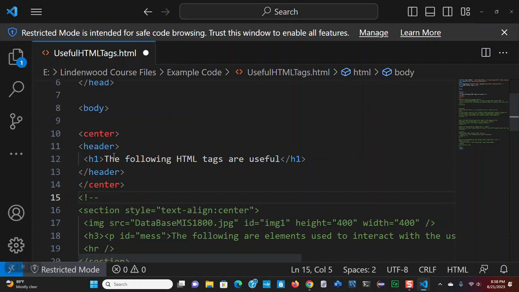Okay. This header is simply: the following HTML tags are useful. Okay. I am using these HTML tags because I wasn't able to cover them in the last video, so I'm going to try and give you a brief introduction to more useful tags in HTML. First, I want to open my document